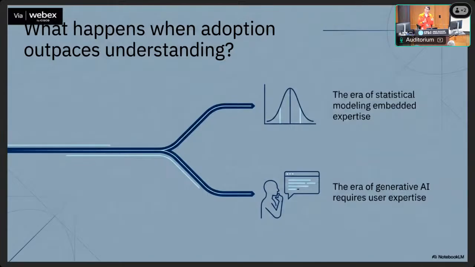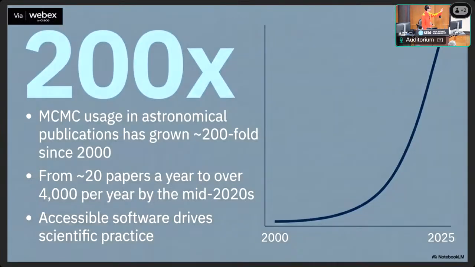So there's some fuzziness that starts to come in, and so this level of expertise increases. And now if you have issues with your outputs, you require an increasingly broad set of expertise to diagnose them. And this can be a good thing or a bad thing, depending on how you're building or thinking about these tools. So I want to start with MCMC.